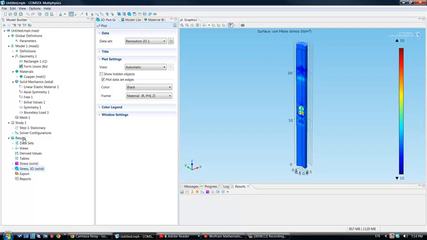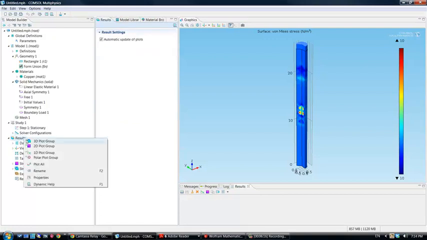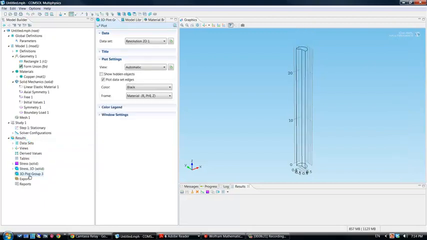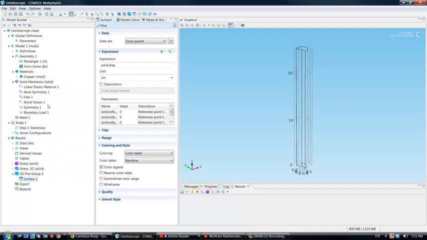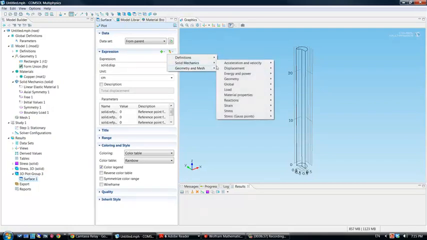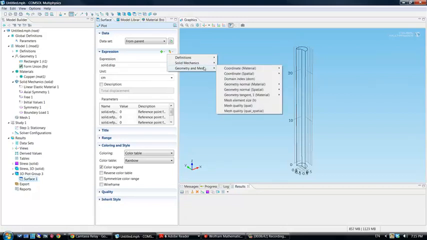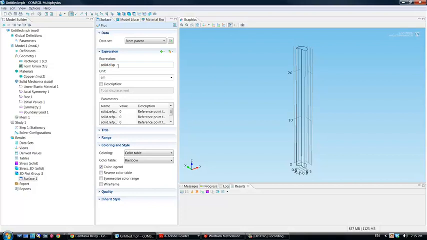Now say we want to see the displacement of our rod. To see that, you can add a plot yourself. So I'll be adding a 3D plot group. And then under this plot group, you can plot multiple plots. So I'll right click again, but I just want a surface plot. And under here, you can choose a variety of different physics that's already calculated for you, or properties of the geometry. But in this case, I want to see the displacement, which is solid.disp in units of centimeters. So I'll hit plot,